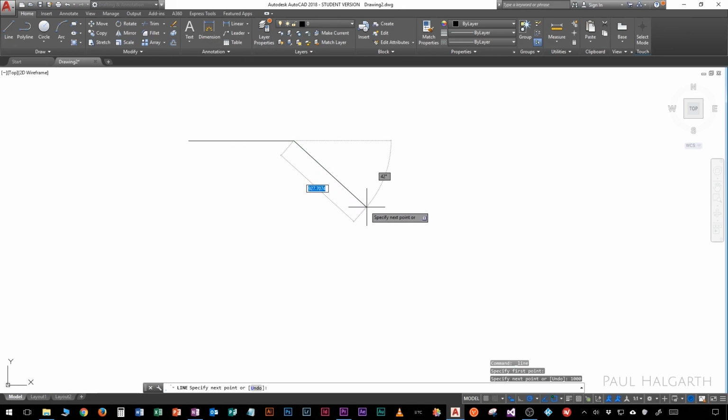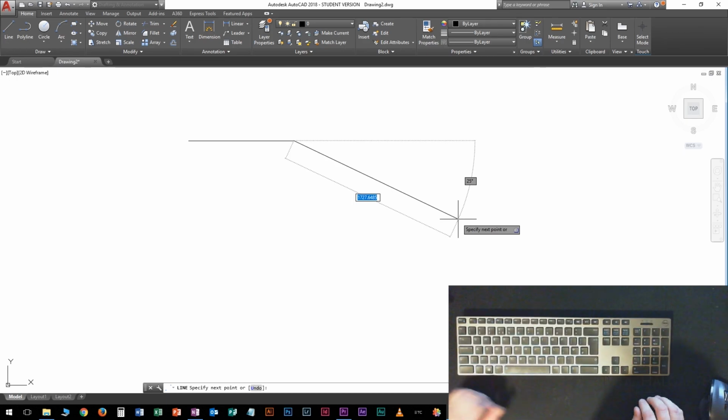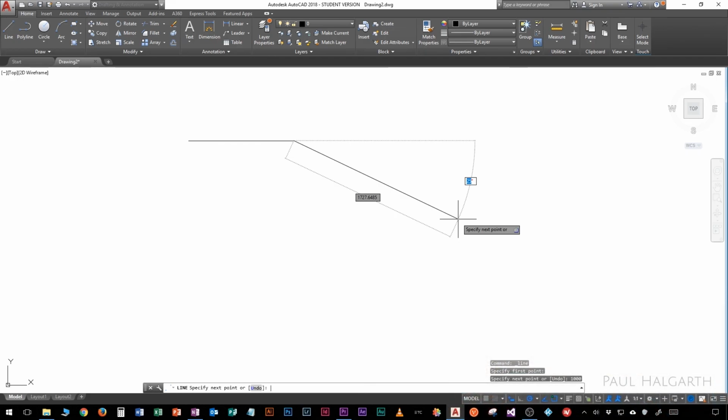You can also see that over here it shows the angle as well. So if I wanted to draw this line at, let's say, 25 degrees, I could come over here and find 25 degrees just there. Or I can press the tab key and tab over and type in the angle. So pressing tab will switch between those two boxes. So now I'm locked at 25 degrees, I could type in 2000 and it'll draw a line exactly